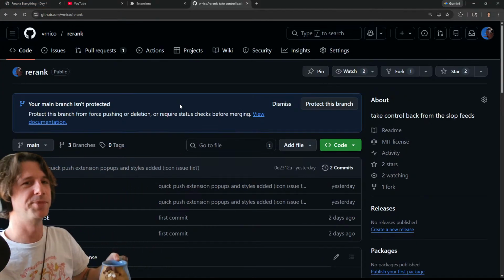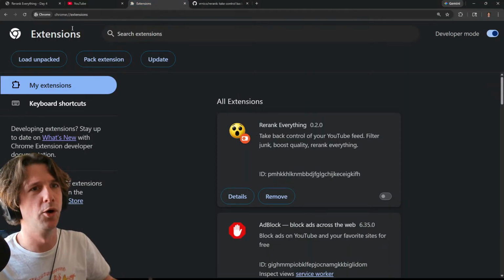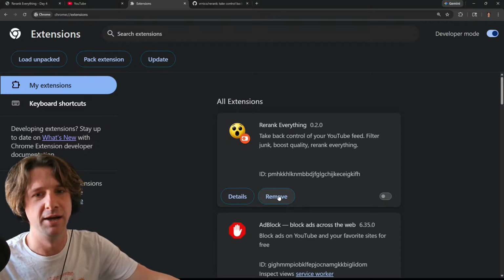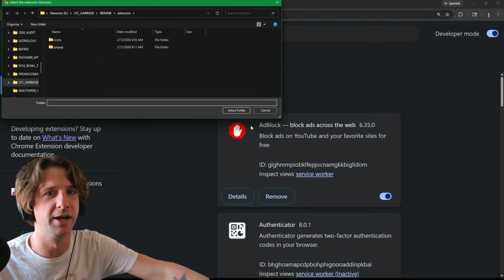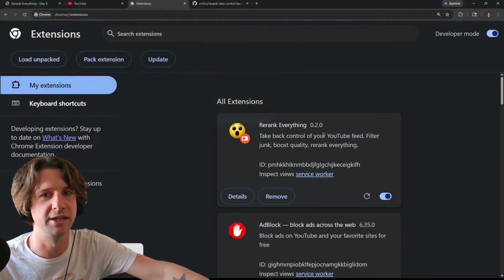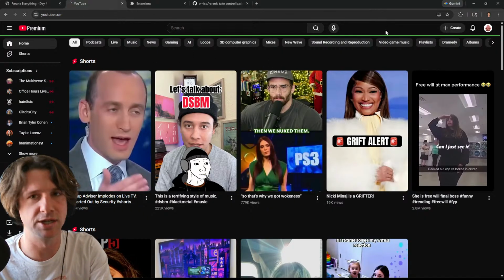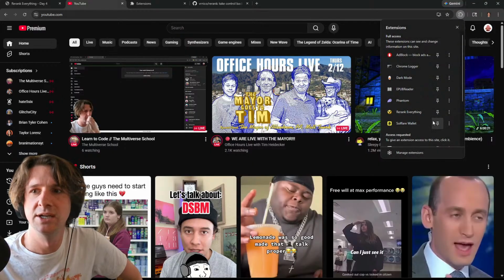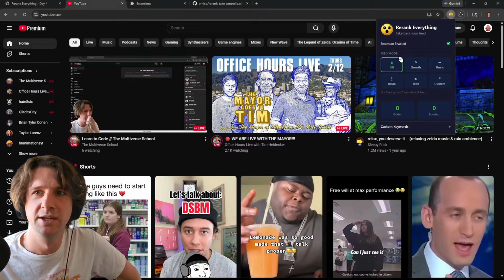It's okay. So the ReRank repo, you clone it on your computer. Go to Chrome extensions. Once that's cloned, I'm gonna remove this, and I will load the unpacked extension here, and then I will give this page a refresh. It's gonna load in as an extension. I'm gonna pin it up here, and right now it's enabled, but the feed